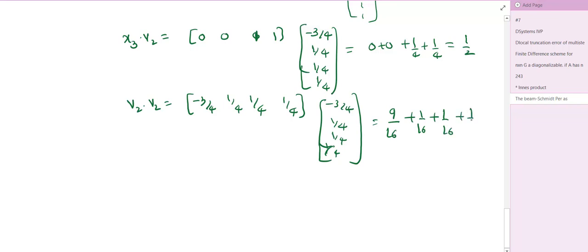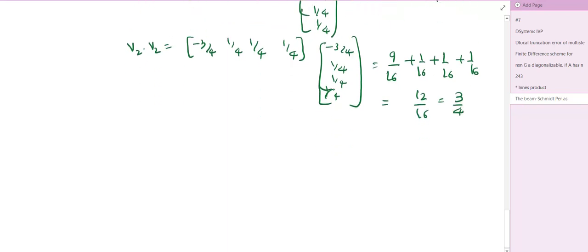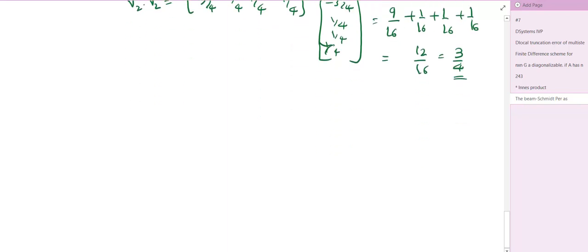This is 12 by 16, which is 3 by 4. So you have got all the values. Now you can just substitute in the equation. You get v3 will be equal to 0 0, this is your x3,